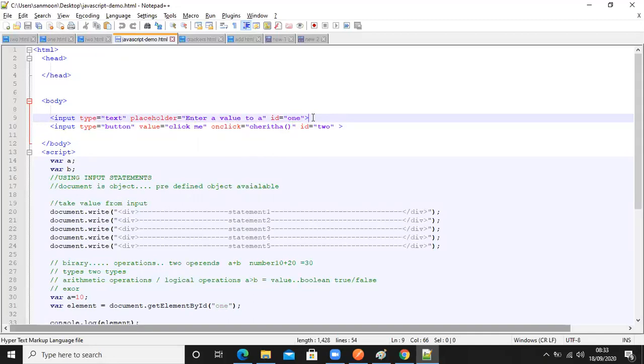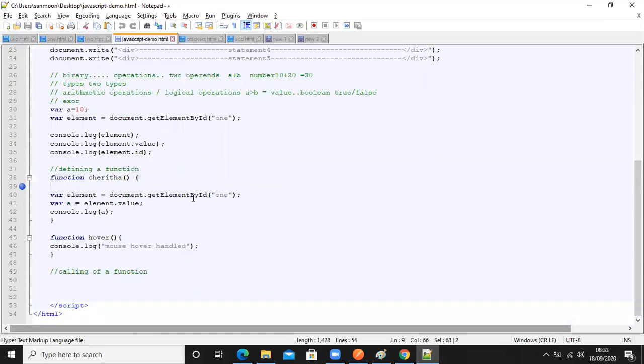Before bringing the value of what the user typed, you need to get the entire input text element into the JavaScript. This entire HTML element you are getting into the JavaScript by using this method. What is the method we are using for that? Document dot getElementById. That means using the id value, I am getting the entire element.